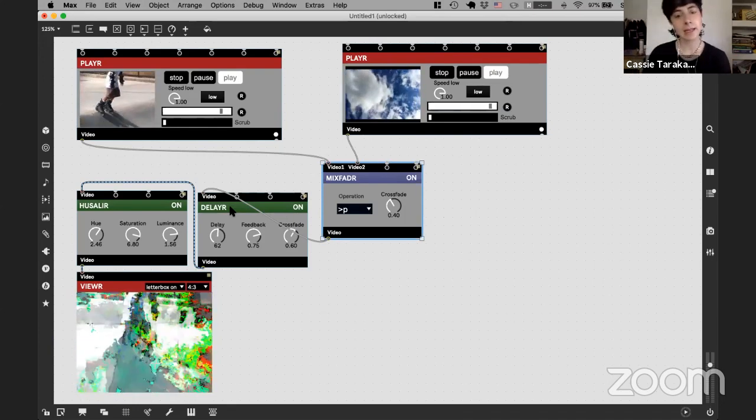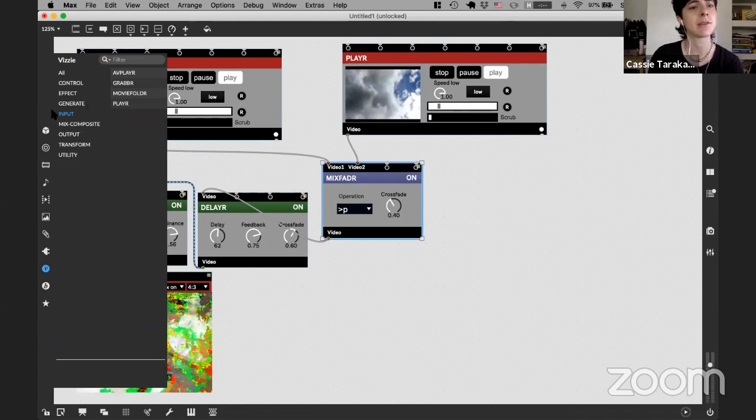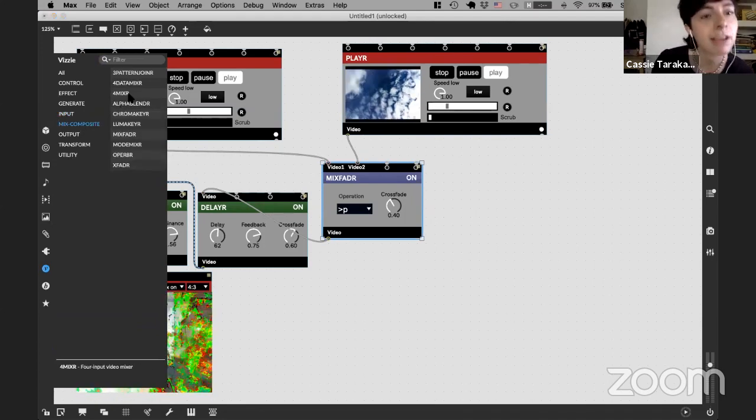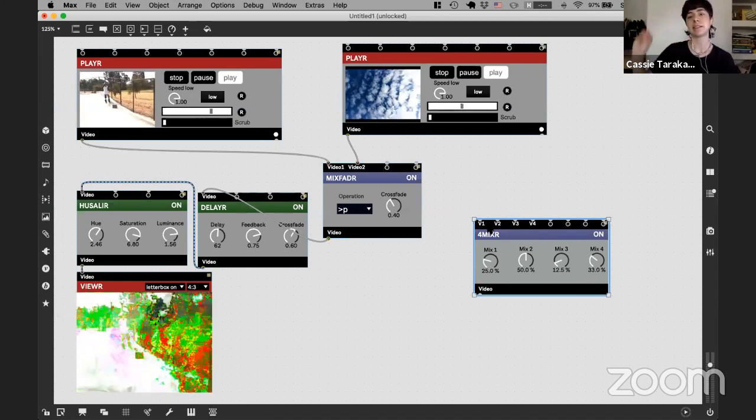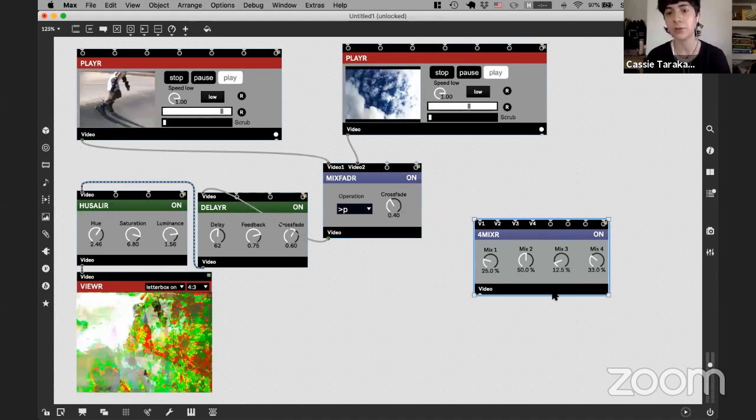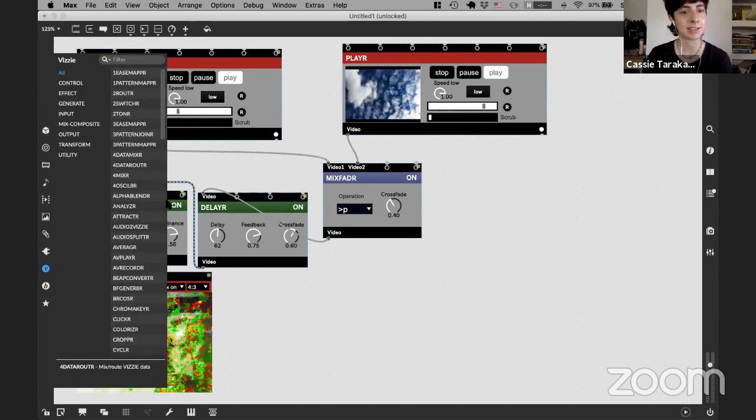Cool. Next, there's lots of different ways to mix. You can also have, there's one called 4 mixer, that you can have so much control over the relative levels of videos, and that's really useful. I'm not going to go over every Vizzie module because there's a lot, but I really recommend just